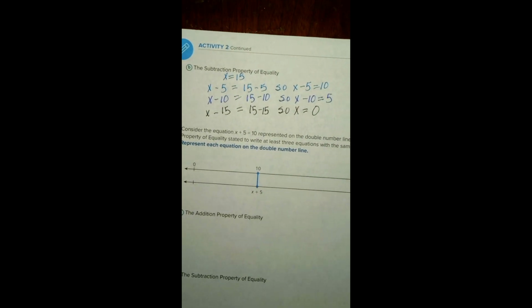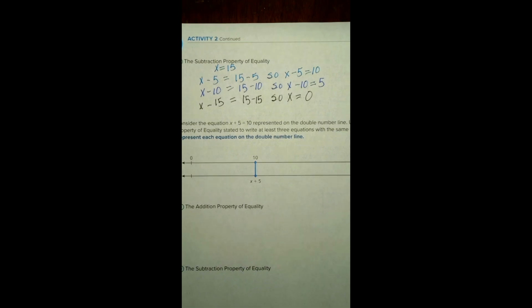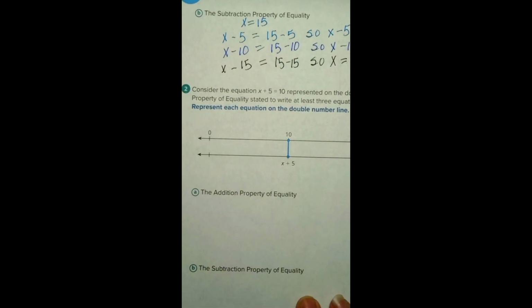Okay, pause there if you need to. It says consider the equation x plus 5 equals 10 represented on the double number line. Let's zoom this out a bit. Use the property of equality stated to write at least 3 equations with the same solution. Okay, let's see if I can zoom in a little bit here. And okay, so